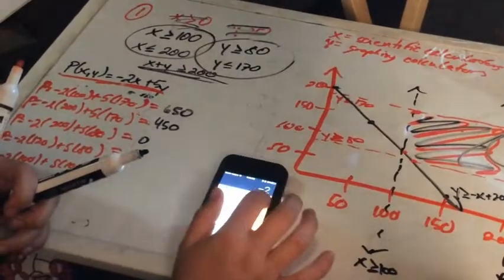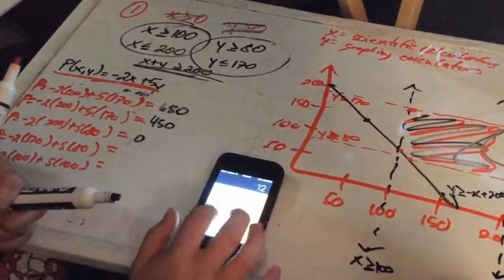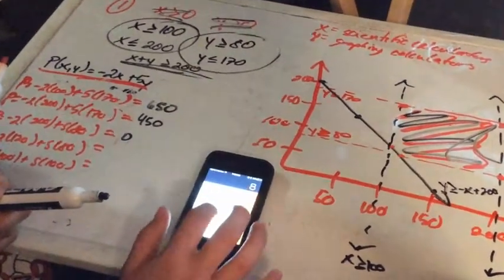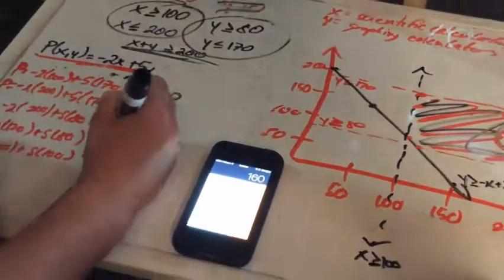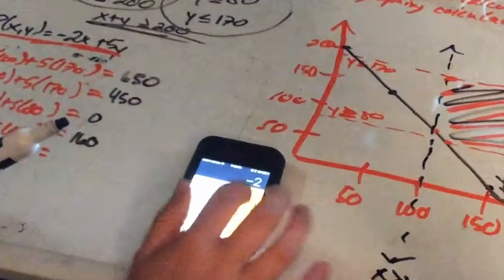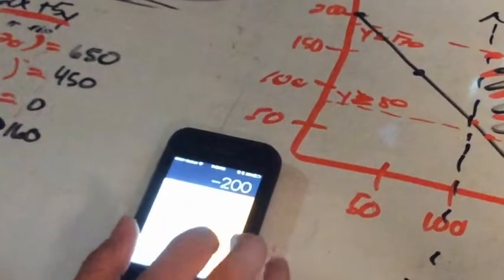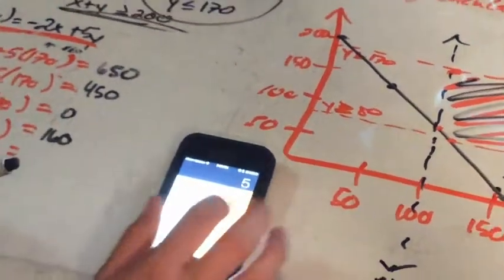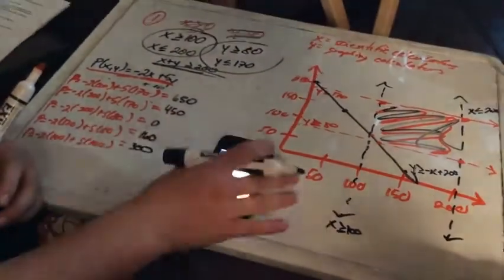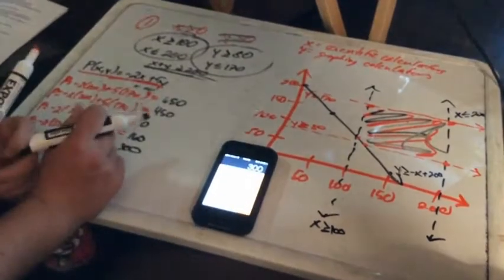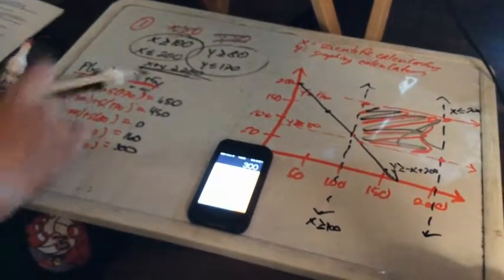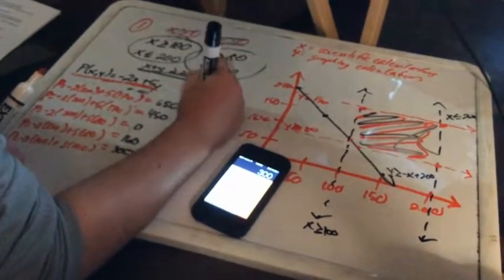And 2 and 120, 5 and 80 is 160. And finally, 100 plus 5 and 100 plus 300. So, looking at our values, we can conclude that this is our max,